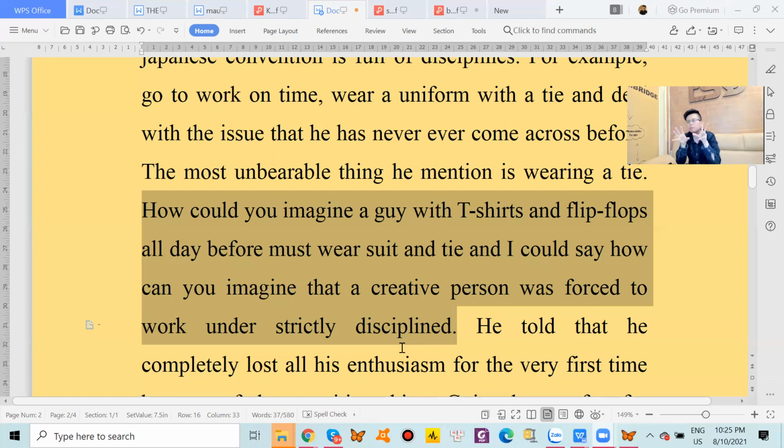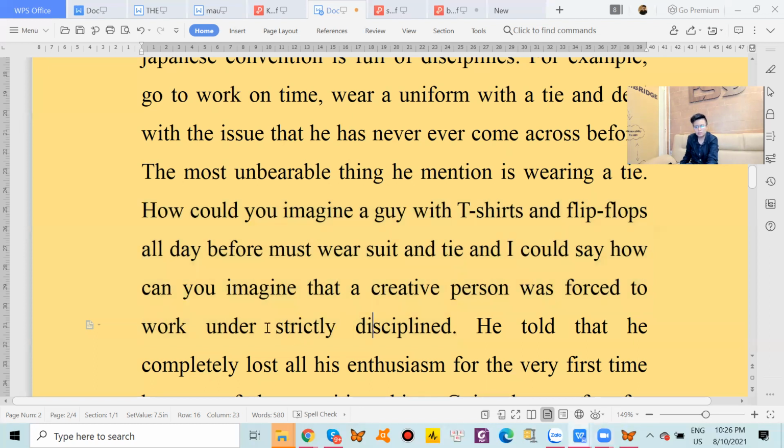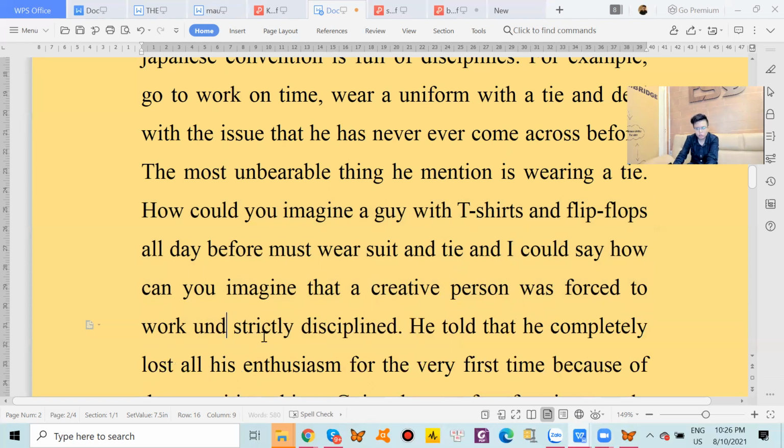So here comes the big sentence right here. How could you imagine a guy with t-shirts and flip-flops all day before must wear suit and tie? And I could come to my curiosity that how is it possible for a creative person to be forced to work in strictly disciplined system? So this word should be replaced with the word in, in strictly